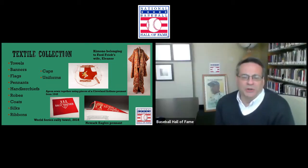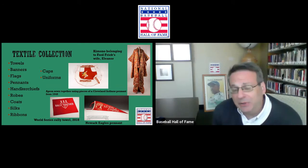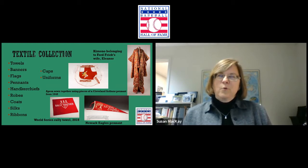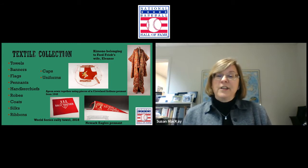I would think, Sue, when you're dealing with fabrics, you're dealing often with things that are very delicate, more delicate than maybe your typical baseball or glove or bat. Am I correct or not? That's true. We actually have silk pieces in the collection. These silks were in old tobacco packs back in the early 1900s. Silk was also used in badges. So from a pin, you would have a piece of silk falling from it, and then on the bottom of that silk, you would have a metal badge. So yeah, the silk is very, very fragile and actually needs kind of different parameters for storage than the other